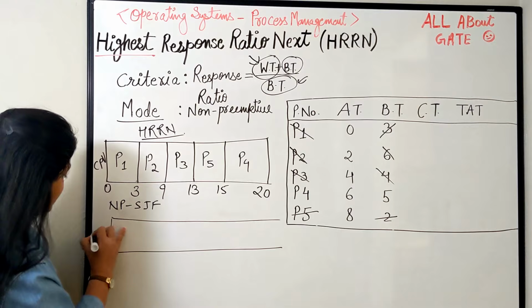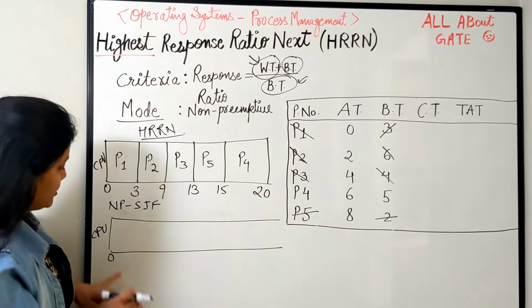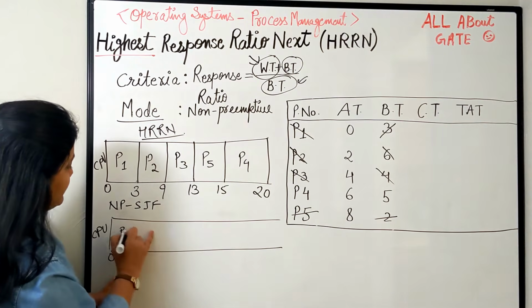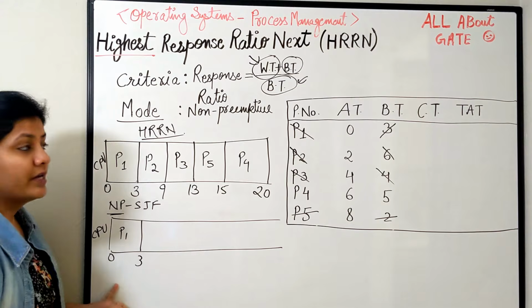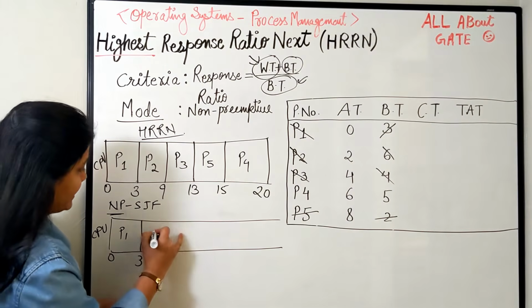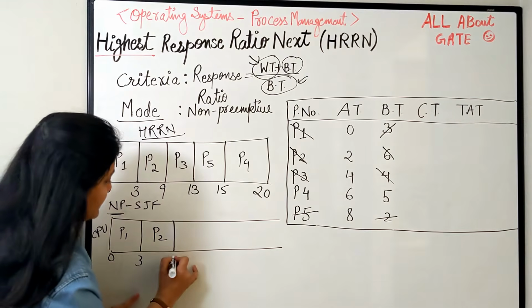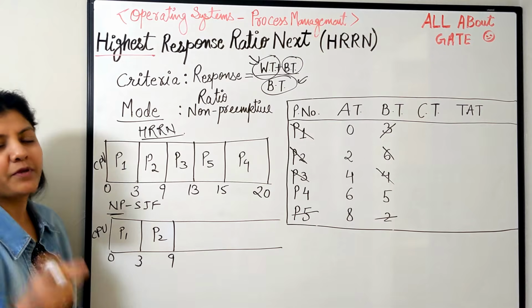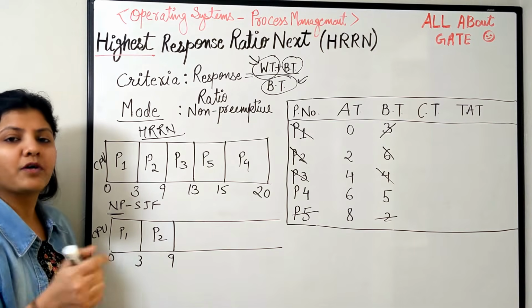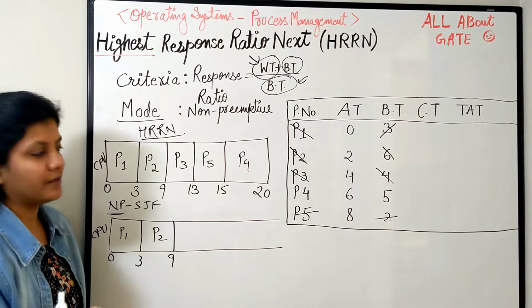Alright. So at time 0, again your CPU. Same processes, same burst times. So at time 0, I just have one process. So let's take P1. Schedule it for the complete burst because this is non-preemptive. By the time 3, I again have P2 and it needs 6 bursts. So 3 plus 6, 9. By this time it is going to be exactly the same because for a single process, all types of scheduling algorithms are going to give the same answer.